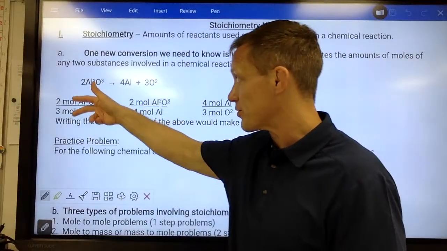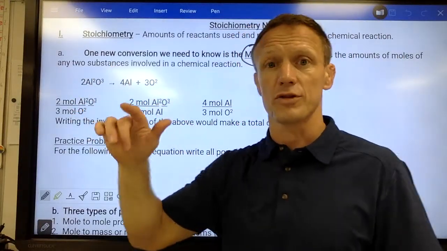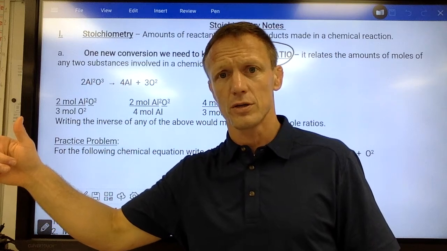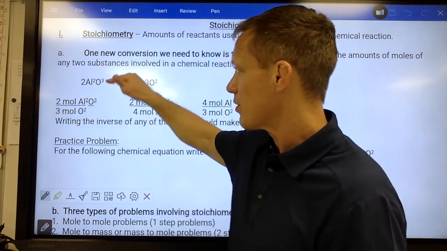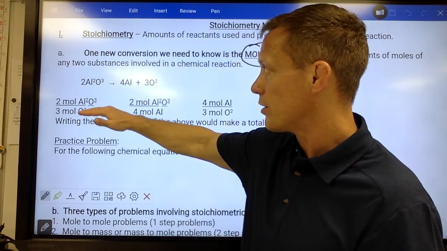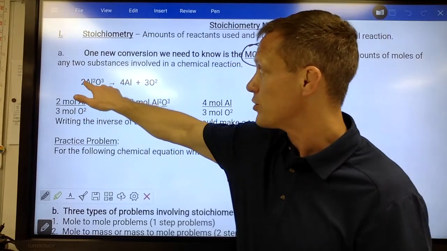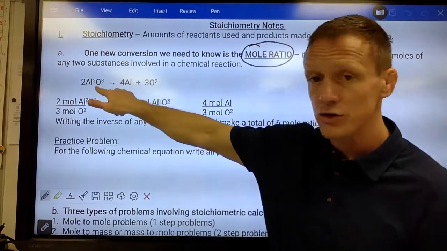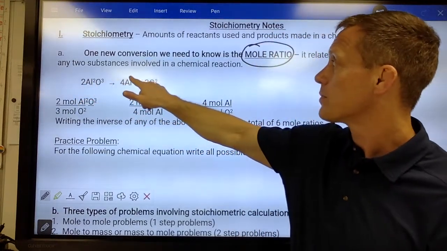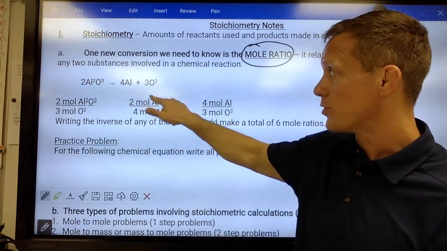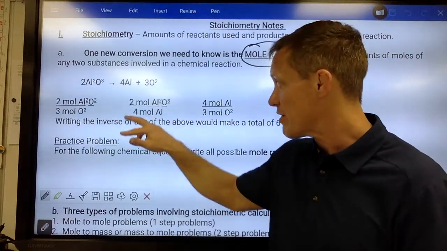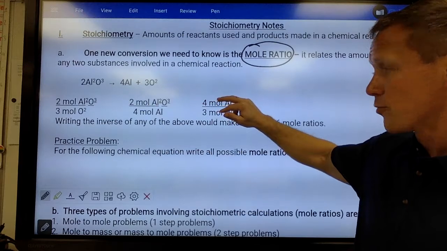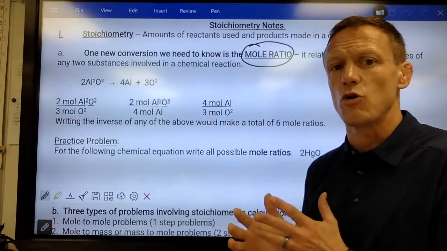Now this ratio could be flipped around. It's kind of like if there's 3 boys for every 2 girls, there's 2 girls for every 3 boys. So we could flip this around and have 3 O2s over 2 Al2O3s. Another ratio would be for every 2 moles of aluminum oxide that are used in the reaction, there's 4 moles of aluminum produced, a 2-to-4 ratio. Same thing as a 1-to-2 ratio. And again, that could be flipped around. And here's our third mole ratio, which can be flipped around. So there would actually be 6 mole ratios we could write